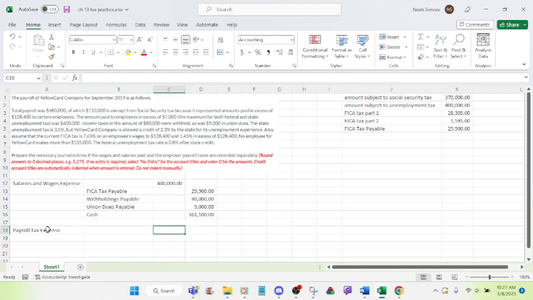And we don't know the total yet. So first of all, they have FICA tax payable equals $29,900, and